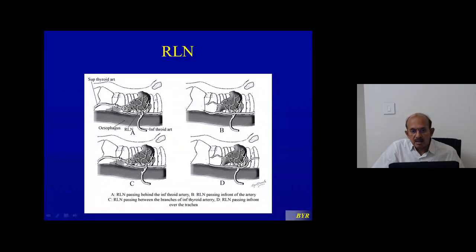Sometimes it's not a recurrent nerve. It is a non-recurrent nerve. Now we have seen that the superior